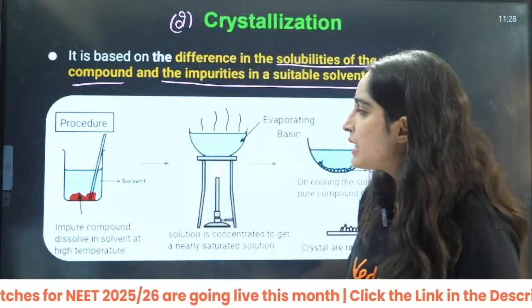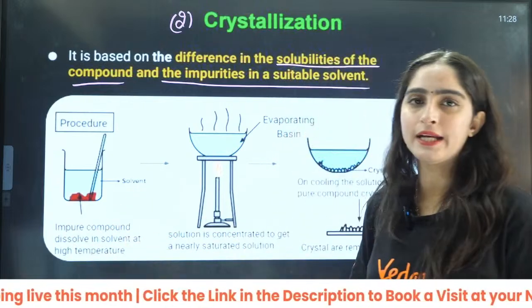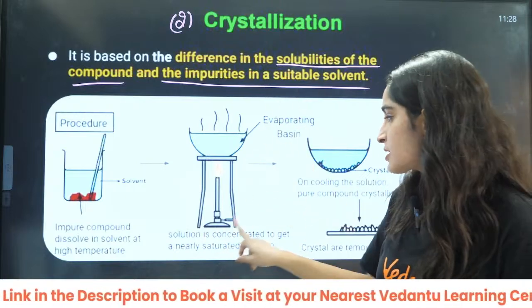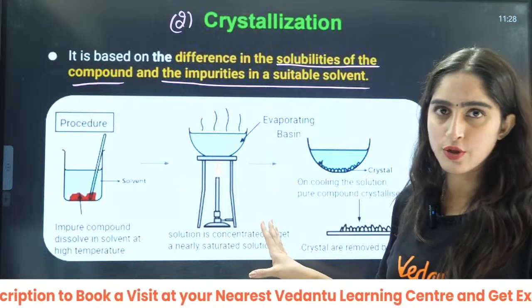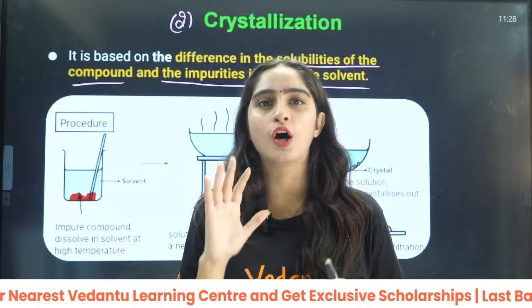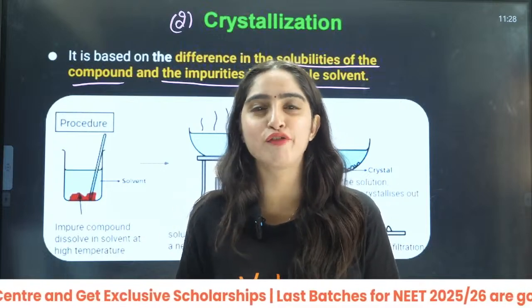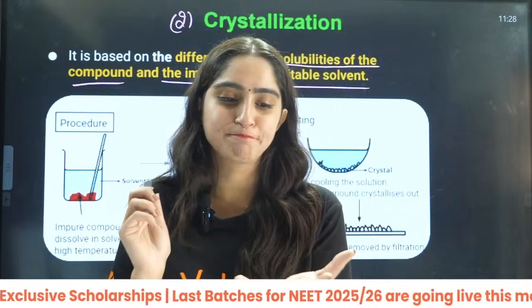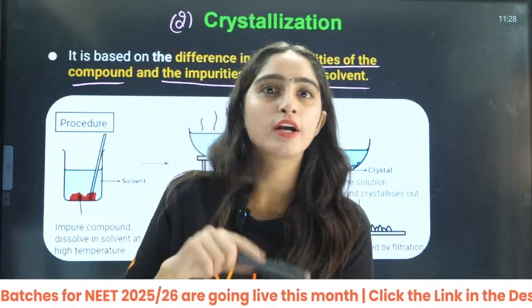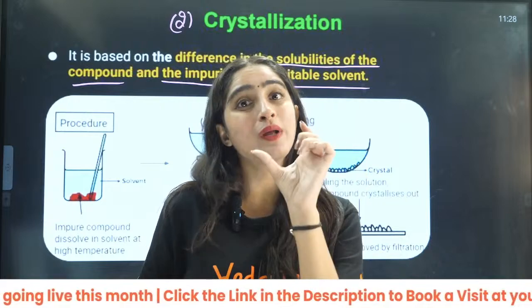So basically, this is your solvent, and the impure compound is dissolved in the solvent at high temperature, right? Now what you will do, the solution is concentrated to get a nearly saturated solution, right? For example, you are heating something. Now we all know that when we are heating water or anything, let us take an example, you have water and you have added sugar to it, right? And you are heating it, right? So you will get a very thick